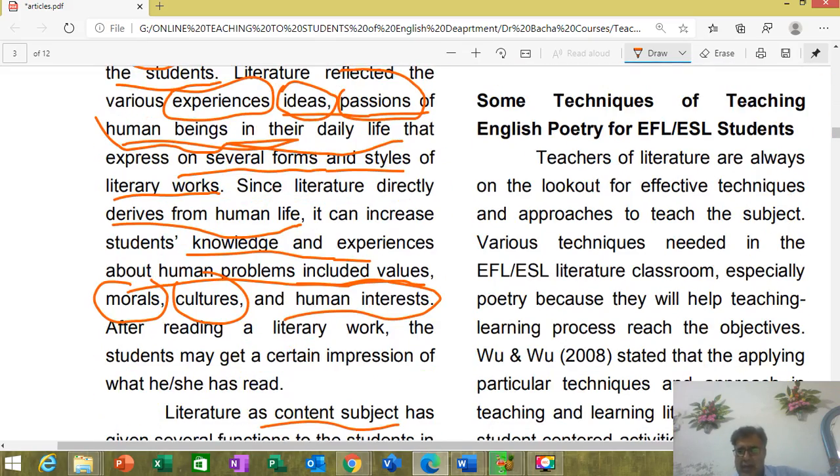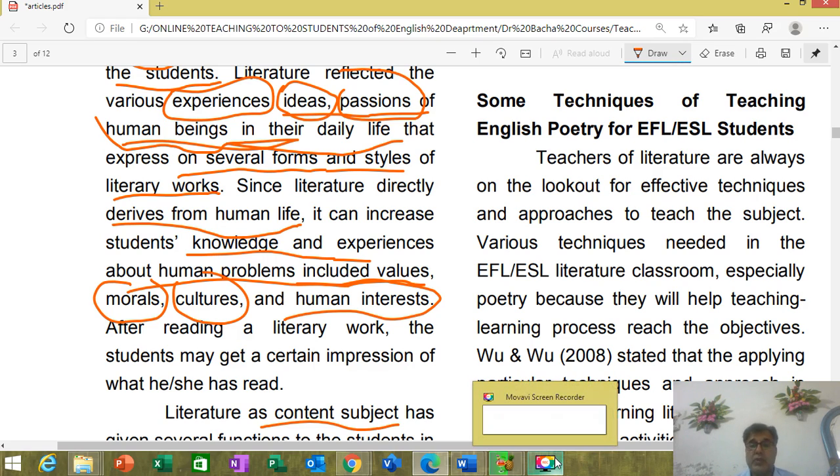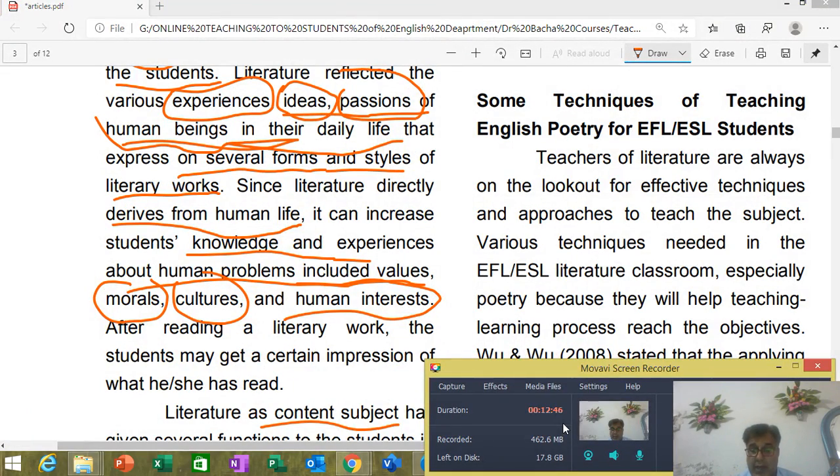So now I am going to focus on this particular article fully, so that you can have an idea regarding its teaching, regarding what literature does and what things are shared there. Some techniques of teaching English poetry. In this particular article, English poetry has been taken from literature, but we are going to talk about this as well, so that you see how one component of literature is taught in a language class.